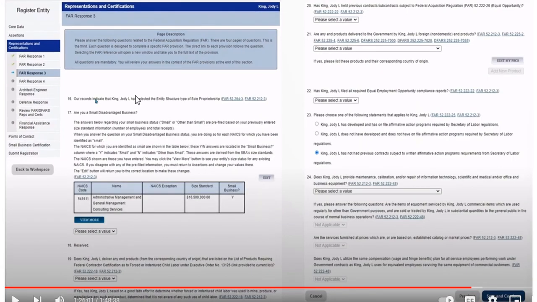All right, we're on FAR clause response number 3. Okay, here you just got to answer these questions, and if you have any more further questions, you can read the FAR. You just got to click on the link and read the FAR before you answer the questions. But here, are you a small disadvantaged business? Now, read through here, and I'm not sure what you put down for your receipts of what you made or not, but whatever it is, whatever you made, you know, read through this and then check off whether it's yes or no. And these are mainly yes or no questions throughout this. And then we're going to go down here,